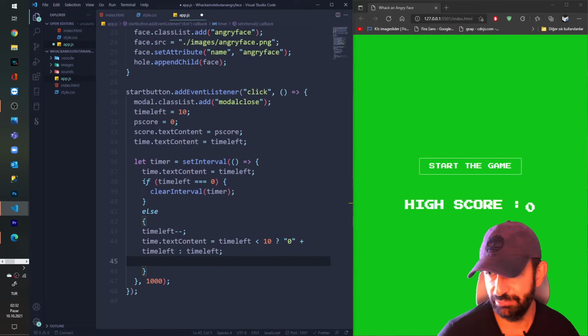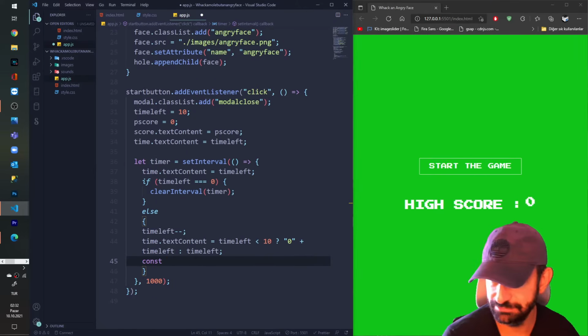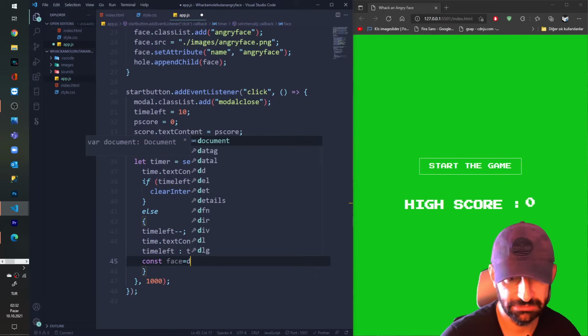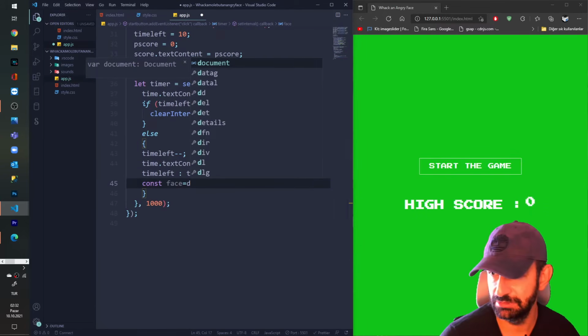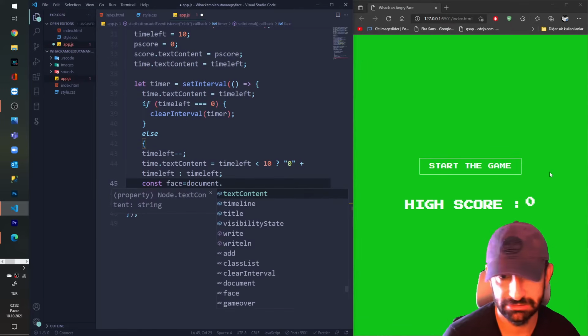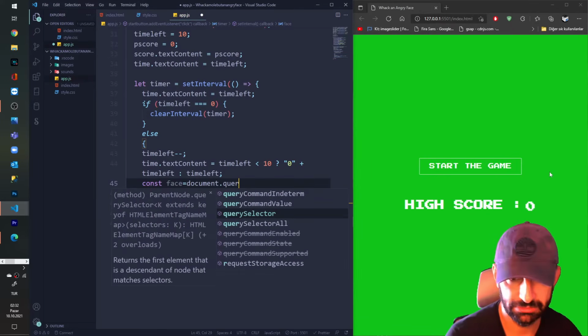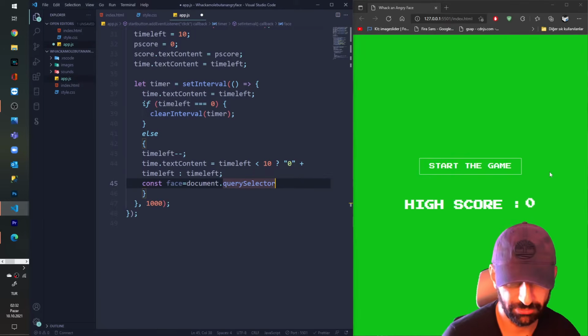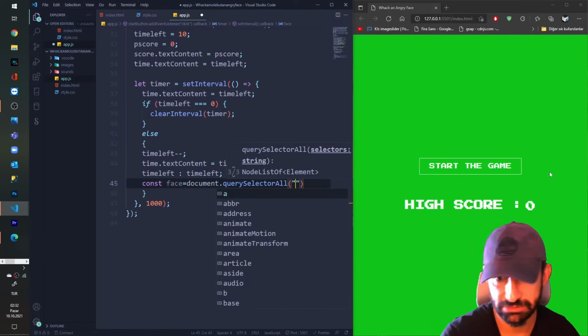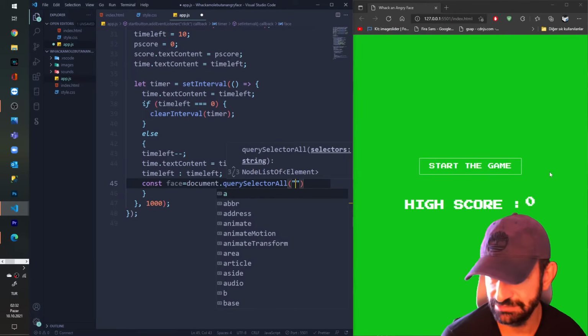Now, what is happening? I say const face equals document dot query selector all, because I'm gonna grab every single face inside my main whole section, and the children will be whole divs.